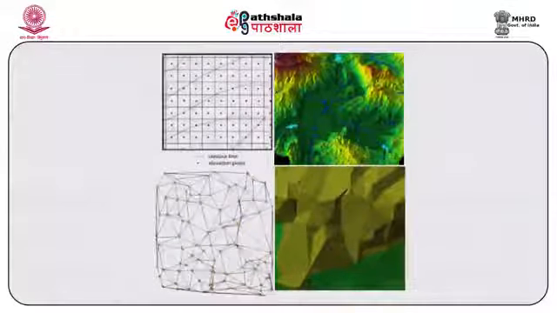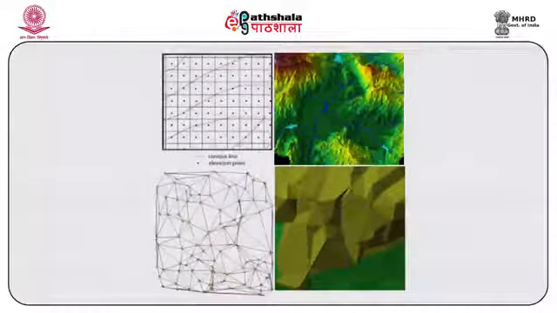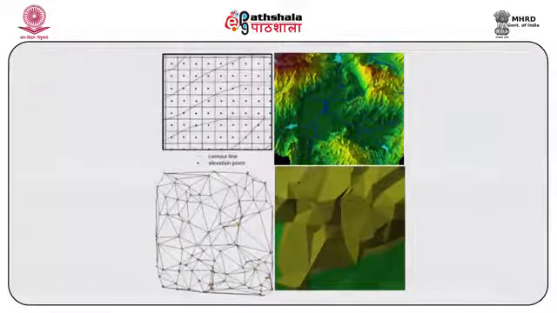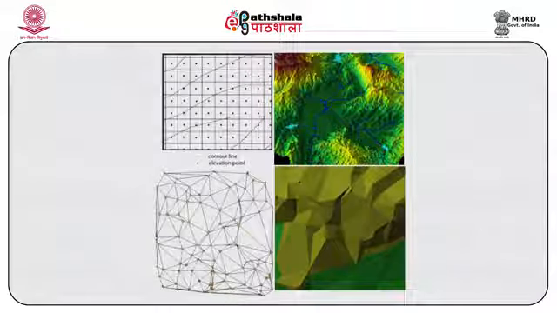So if you will look at these four images, the first two images are highlighting the raster data format. You can see raster data as equally placed grid cells where the elevation data is being represented by these simple points here. These lines here represent your contour lines, which are marking your equal elevation data, and this is your 3D